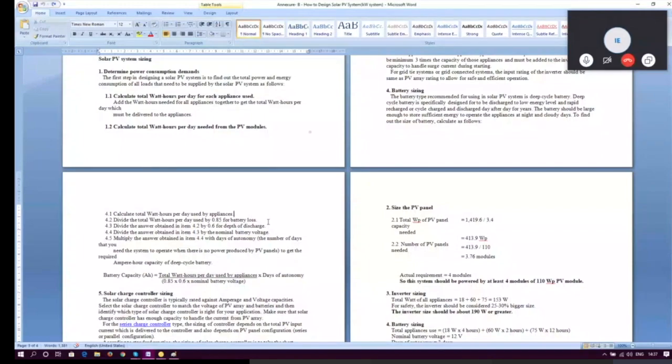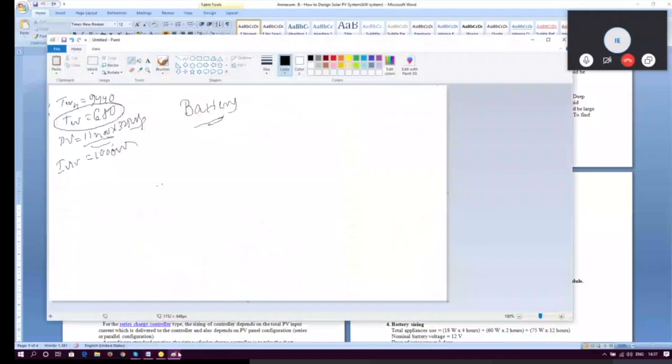You need to understand that in this case we are storing the DC in batteries, then converting it into AC and supplying it. So that's why we need to consider the battery loss in this case, which was not there in the case of an on-grid inverter. That's why on-grid inverter efficiency is more than an off-grid one.